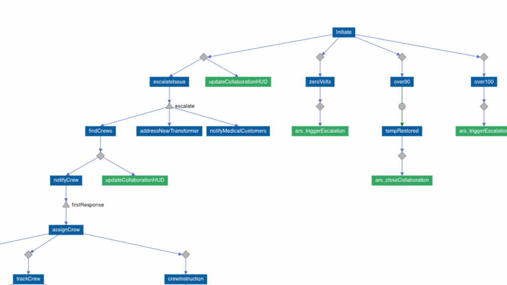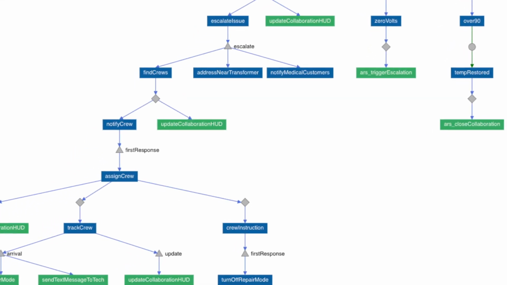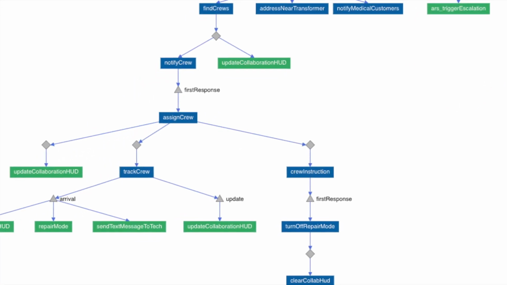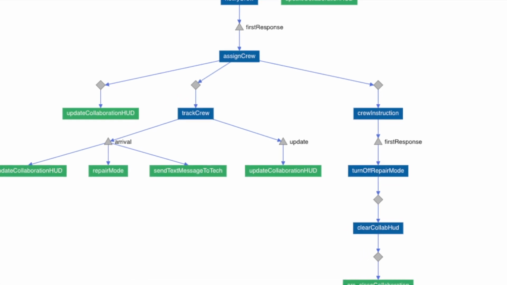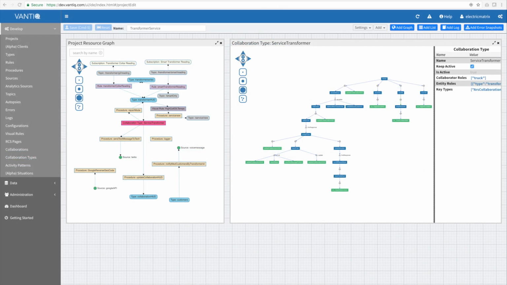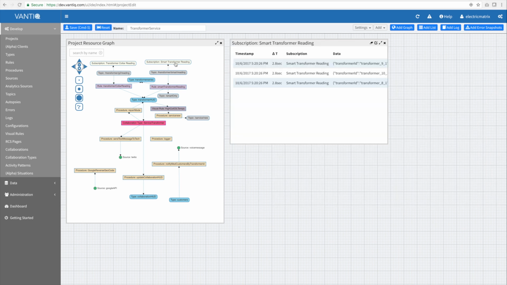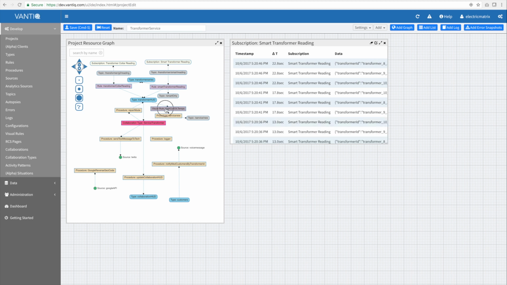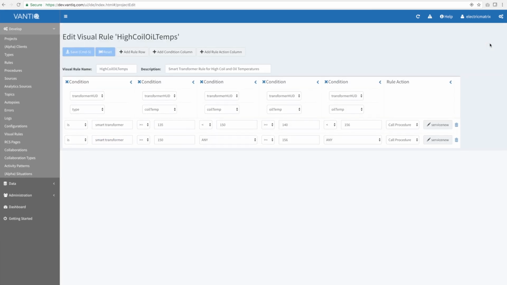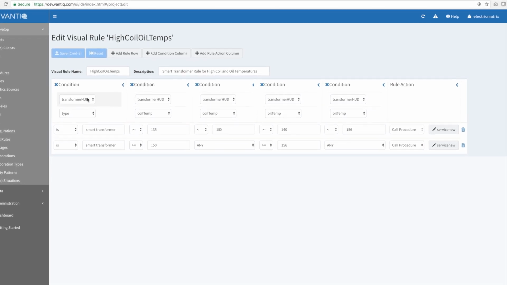This unique architecture and approach not only provides the ability to correlate streams of data, but to create real-time human-to-system collaborations. Here, in the project, we see all the VANTIQ components pertaining to this part of the application, which deals with scheduling crews for repair or replacement of an existing transformer. In the resource graph, by subscribing to the topic that messages arrive on, we can view the incoming data stream. And here, in a visual rule, we process the incoming data stream to predict those transformers that are at risk